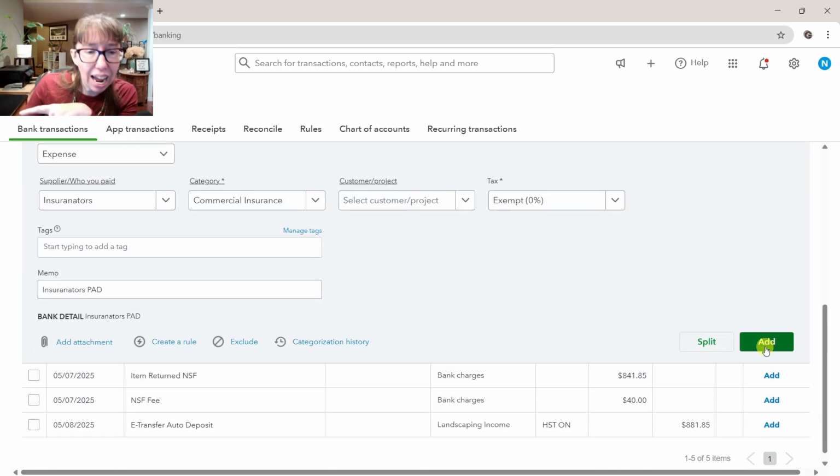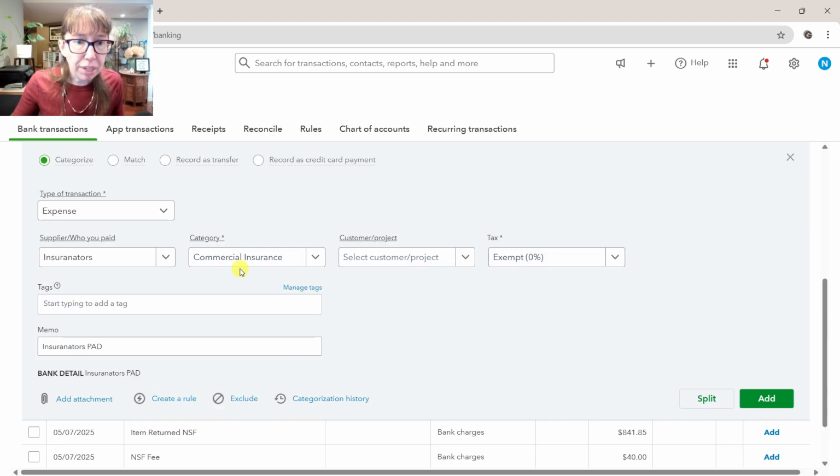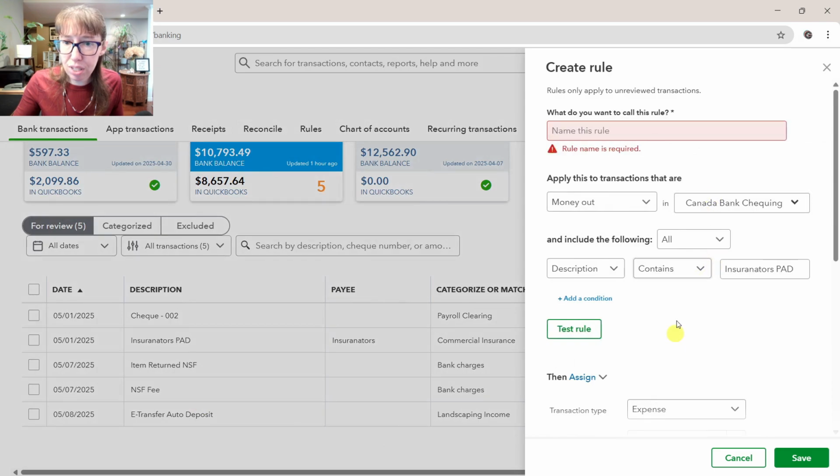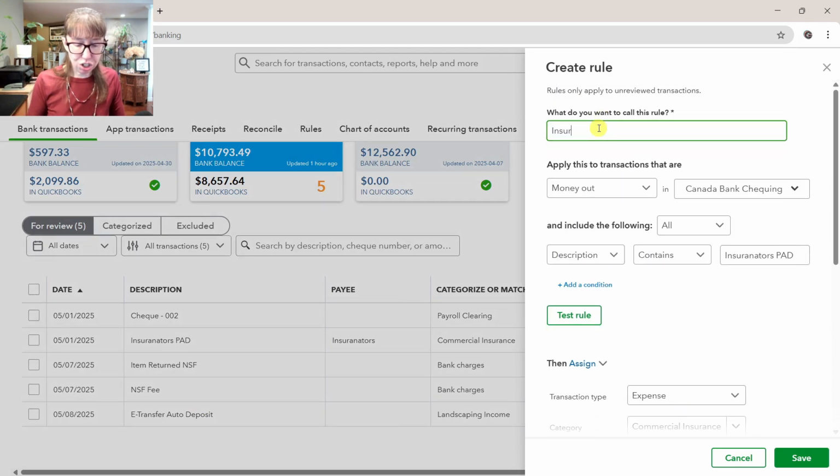And I'm not going to hit add. I'm going to click create rule. And because we have this sort of lined up already, when we hit create rule, it's lined it up down here for us. We're going to call this Insuranate. I made the word up. So there it is. Insuranators, commercial